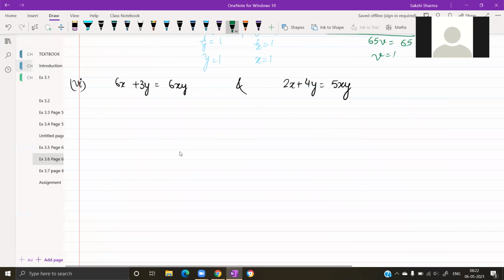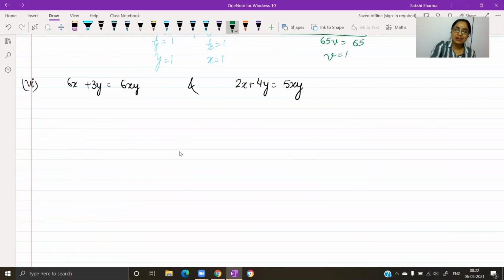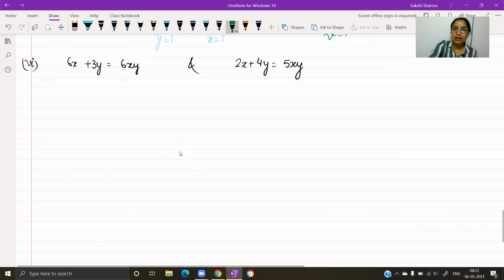Excuse me, ma'am. Yes, Rohandeep. I know this can be solved, I think, by these equations as such. Have you done it like that? Ma'am, I was asking that can we just transpose xy to the denominator? Yes, that's the same thing. Transposing xy to the denominator means we are dividing by xy.